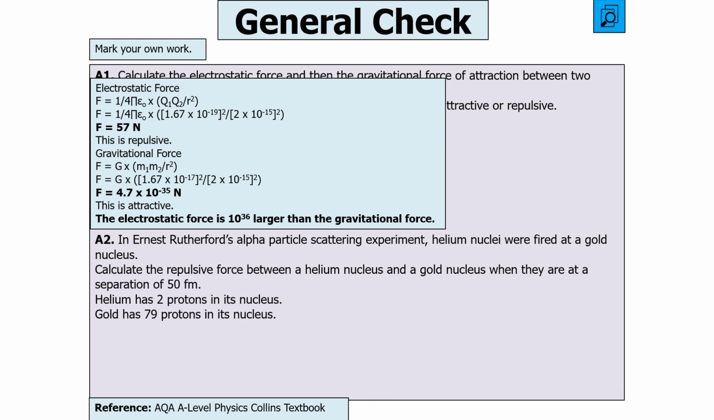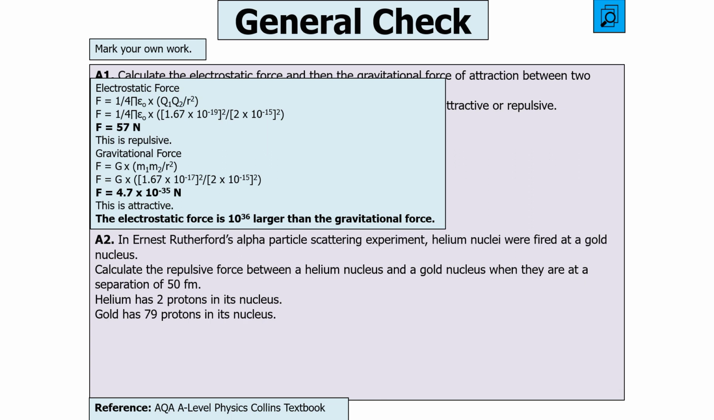Again, you're given the masses of the protons and neutrons on the equation sheet. You can get that to be 4.7 times 10 to the minus 35 newtons, and gravity is always an attractive force. So what you can do is find the ratio between the two of them, because one is in the tens orders of magnitude. One is 10 to the minus 35, so therefore